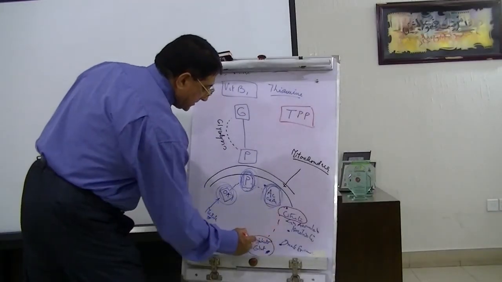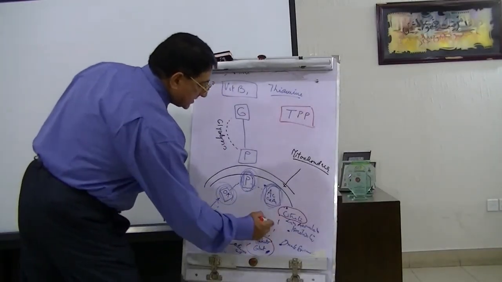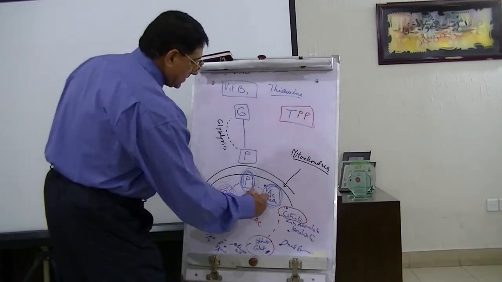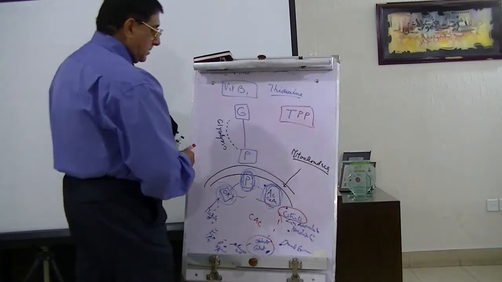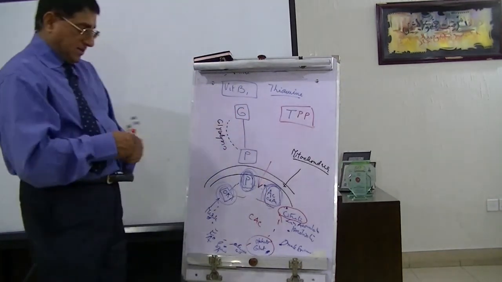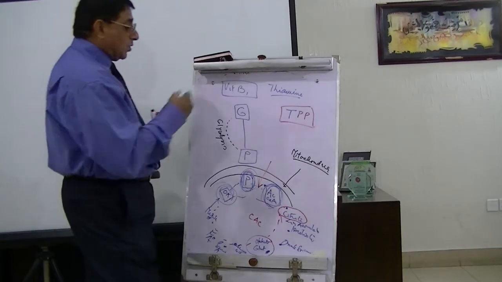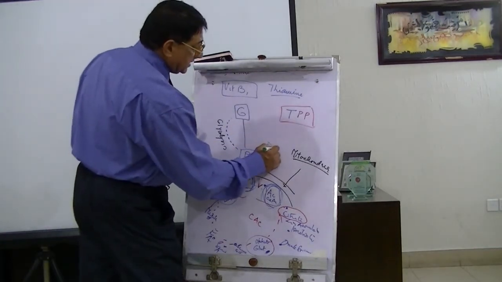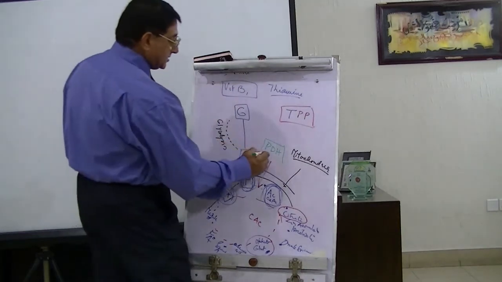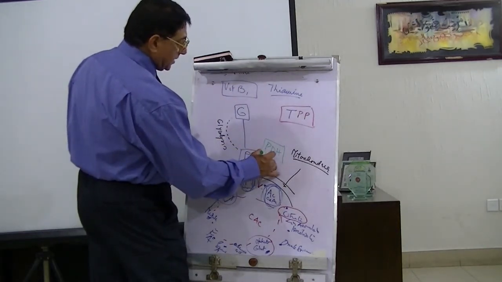Citrate onwards, this is the citric acid cycle. But over here, this is not part of the citric acid cycle. Here you need an enzyme called pyruvate dehydrogenase plus 5 factors: thiamine, lipoic acid,